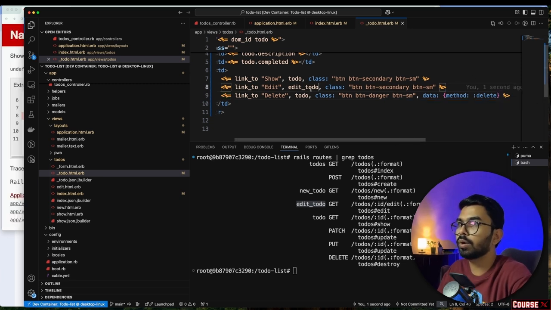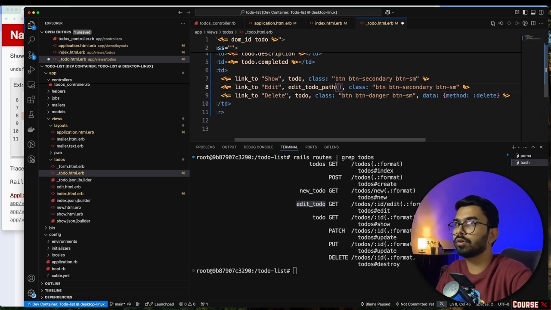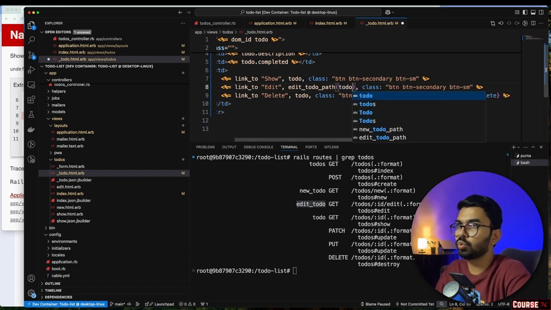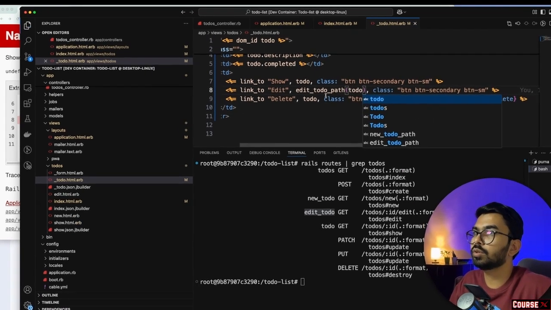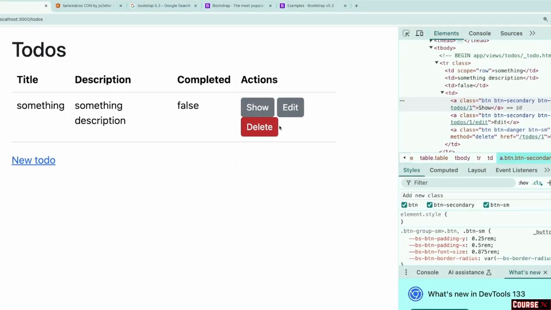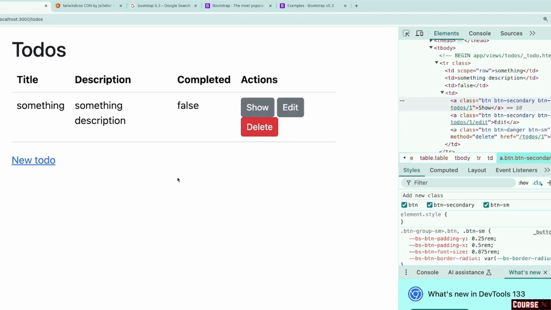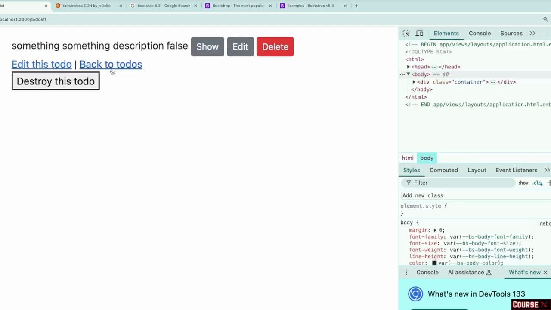I'll have to go and add a path here and probably give a to do variable. So this will be a path and to do will be a variable. Reload the page, should show me this. So when I click on edit, it will navigate me to edit. So basically I don't want to navigate to edit, but yeah, let's go ahead with this. When I click on show page, it should go to the show page, and when I click on delete, it's